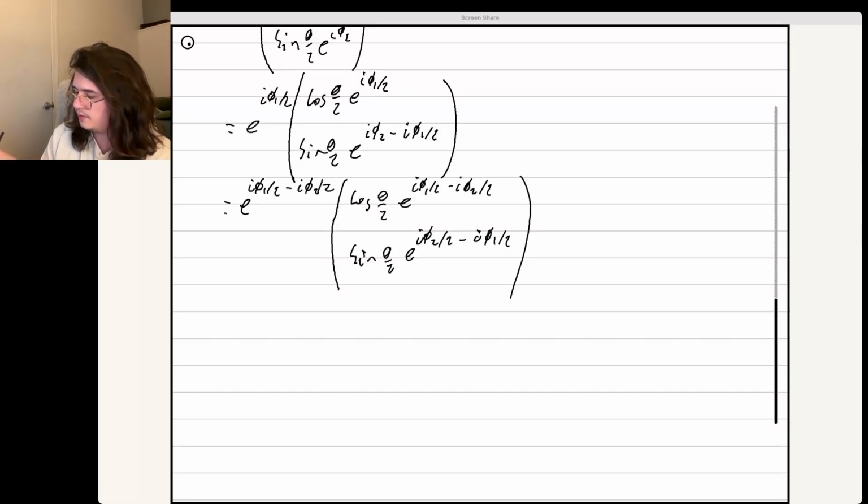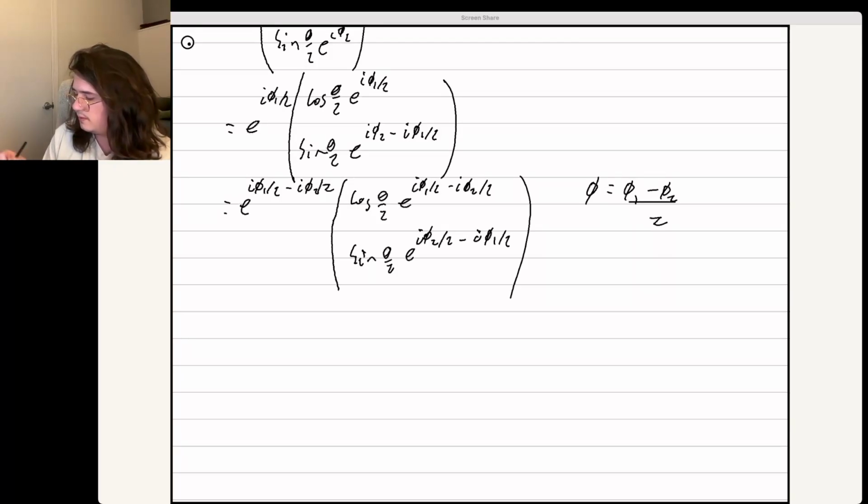And then we can notice that this combination of phi 1 and phi 2 is the minus of this combination of phi 1 and phi 2. So I can define phi equals phi 1 minus phi 2 over 2